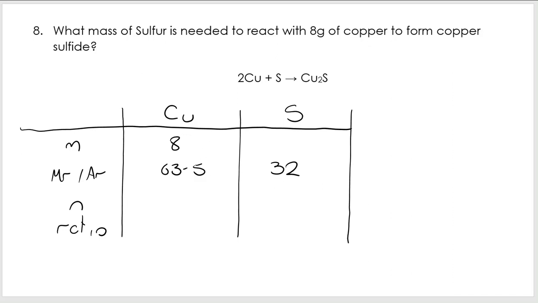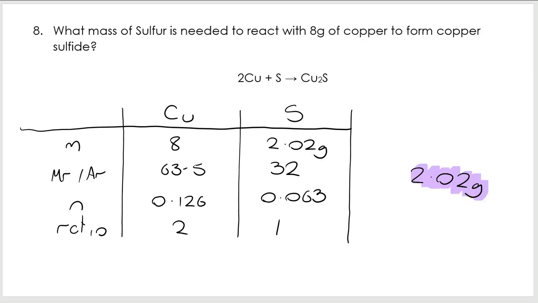M over Ar comes to 0.126. My mole ratio is 2 to 1 because 2 moles of copper react with 1 mole of sulfur. That means that I can use my 2 to 1 ratio to see that I have 0.063 moles of sulfur, and because I've got my 0.063 and my 32, I can multiply those two together and I get 2.02 grams